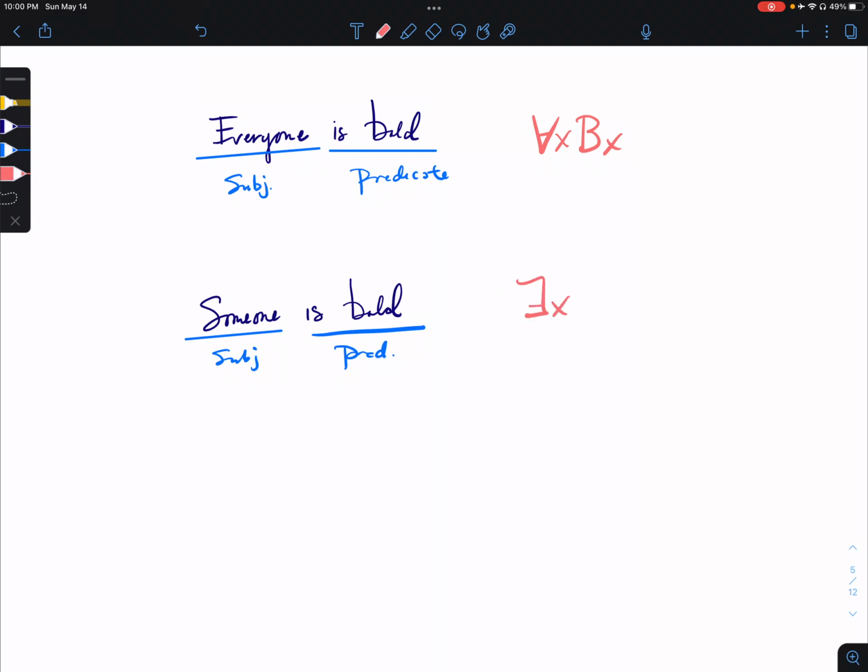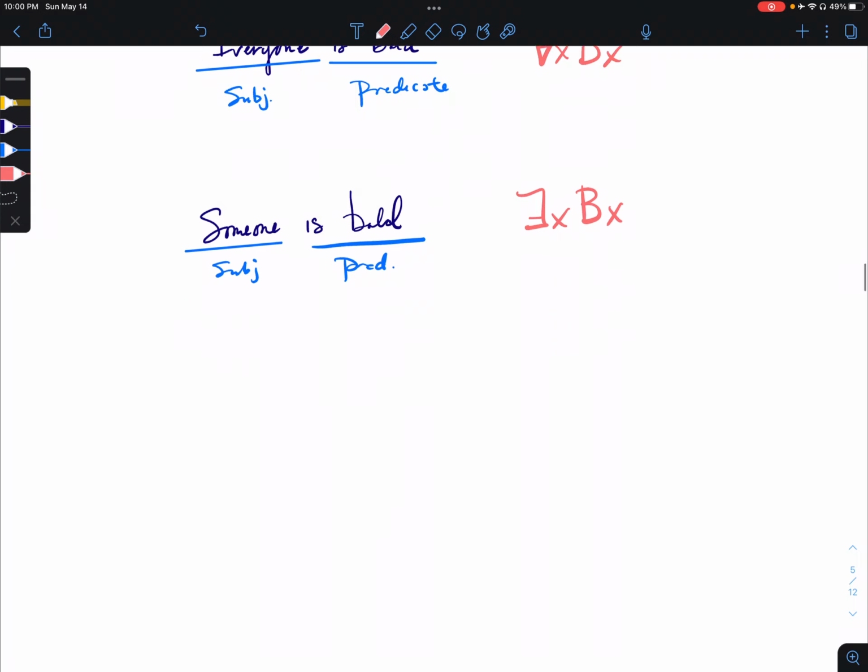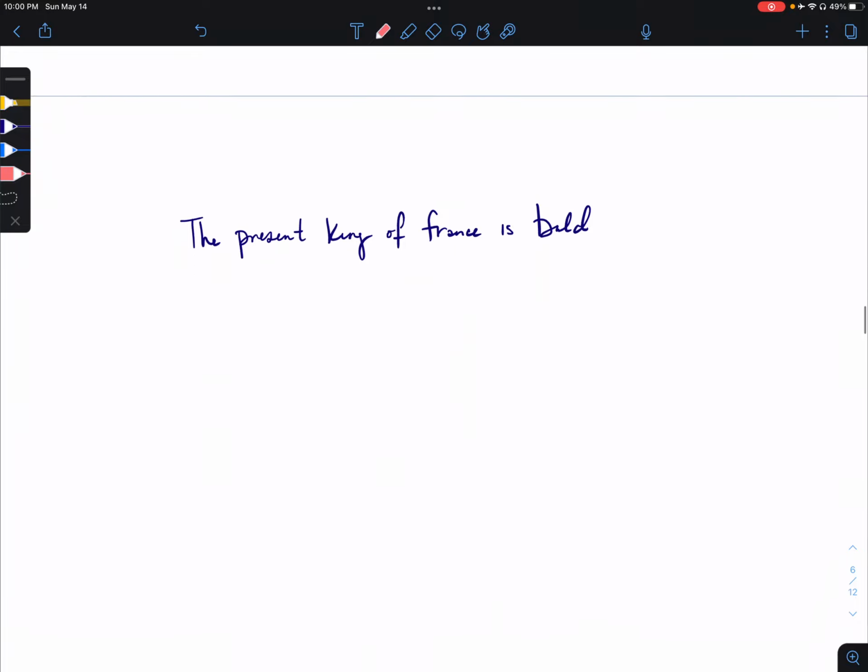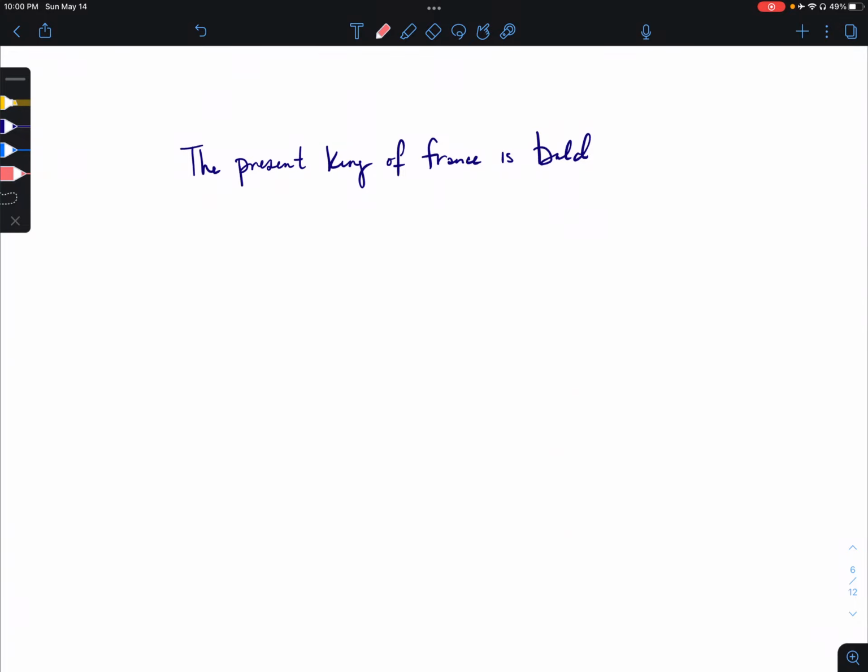There is an X, some X in the domain. I'm not saying which one, just there is one, such that if you put it in the blank for the predicate, it will be true. At least one object in the domain will fit in that predicate and it will be true. So what we're going to say here is that this is a predicate,